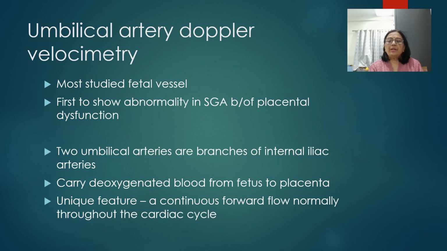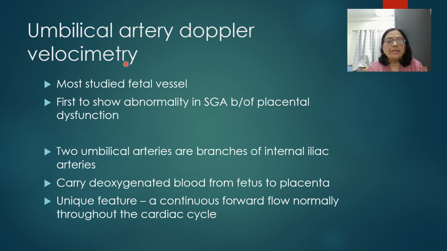So we have seen up till now how, if the spiral artery vasculature remodeling doesn't take place, there is a placental insufficiency, which results in various problems. Then we have also seen the fetal circulation and some of the important points related to the physics of fetal Doppler. Now we will start with the individual vessels, and the first vessel which we are going to see is the